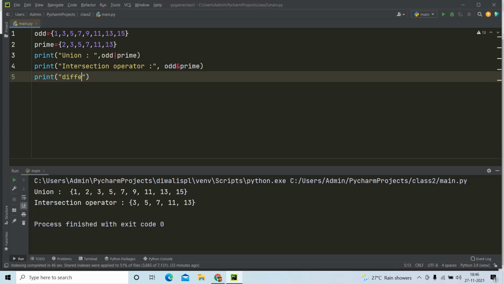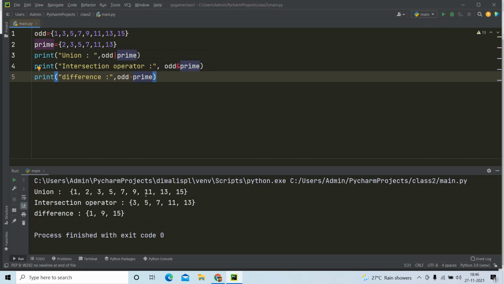So difference. I am going to write here odd minus prime. So it will delete all the common items available in prime from the odd set and print you. If I am running and showing you, can you see these three are the only elements which are unique for